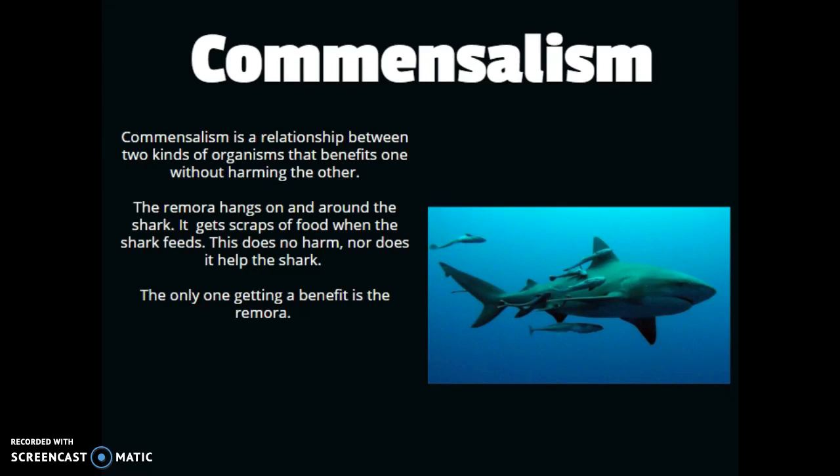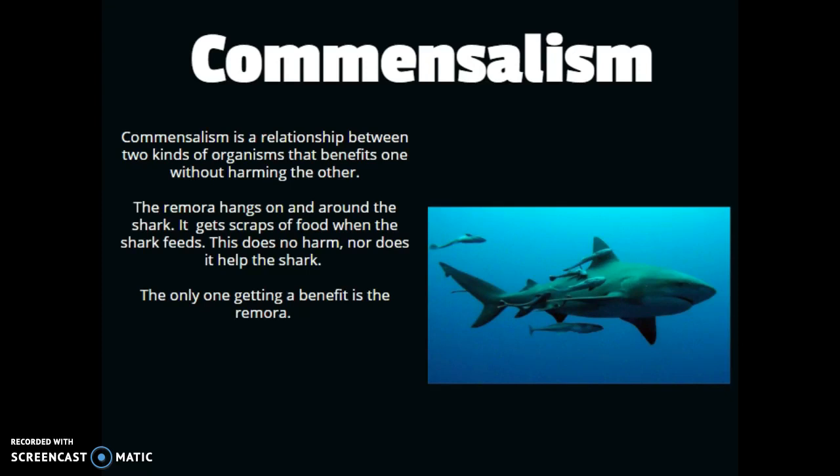They have these little sucker things on the top of their head, and they will suck to the bottom of a shark, and they'll just kind of let the shark carry them around. So they're constantly getting a free ride. And then when the shark eats, the shark's messy, kind of like some of you at lunch. There's stuff that goes everywhere. And when those bits and pieces are falling out of the shark's mouth when he's eating, the remora eats those and lives. And he goes back over the shark, and I guess he takes a nap when the shark goes back down. I don't know what he's doing. The remora is just a lazy, lazy fish. But he's super smart, right?